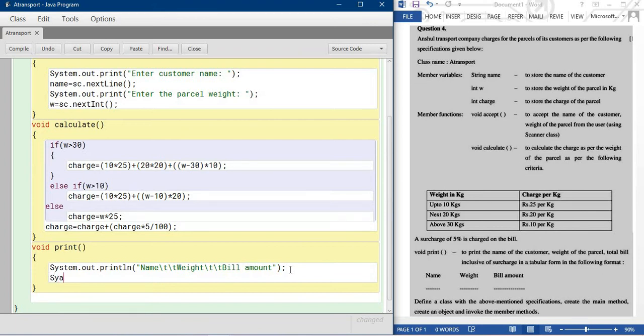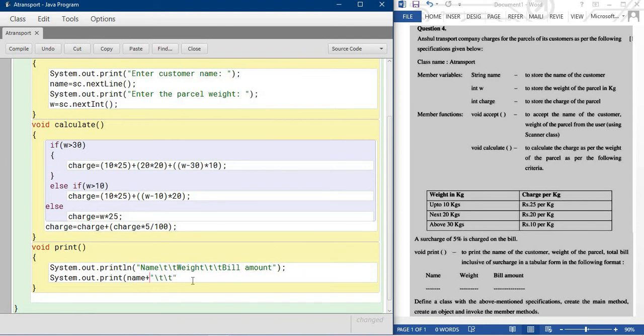Now one by one you print the entire thing. Again, System.out.print. So first you print the name, which is present inside the variable name. Then you need to put a tab. So for tab you use, within double quotes, \t. Now this is a message and this is a variable, so you need to use a separator.